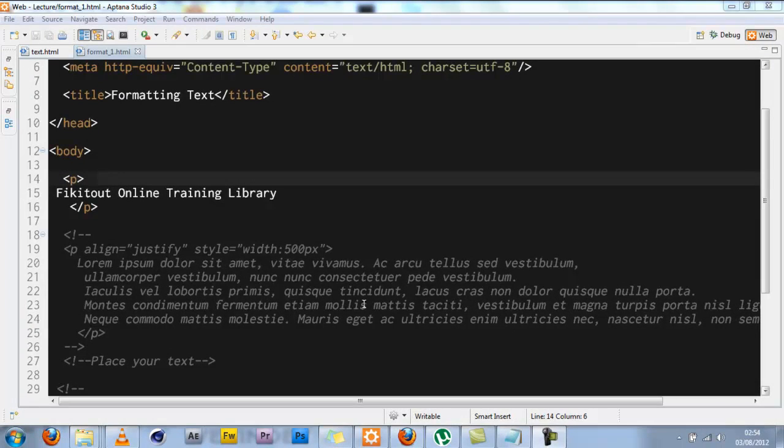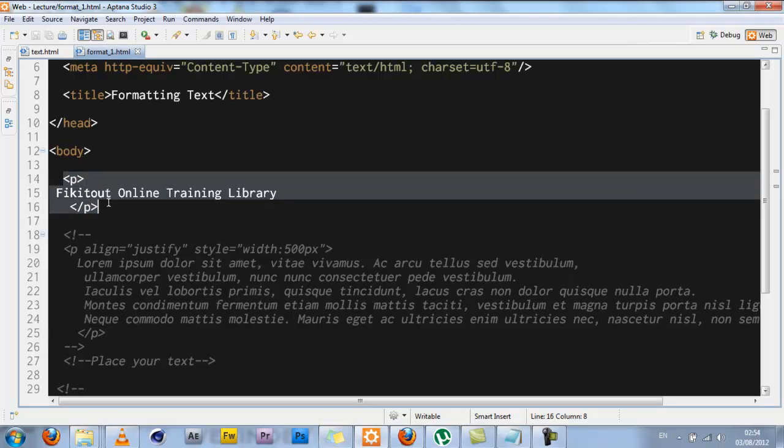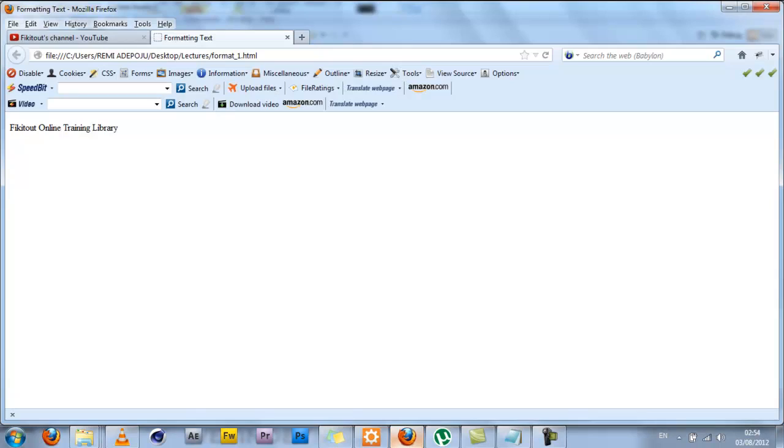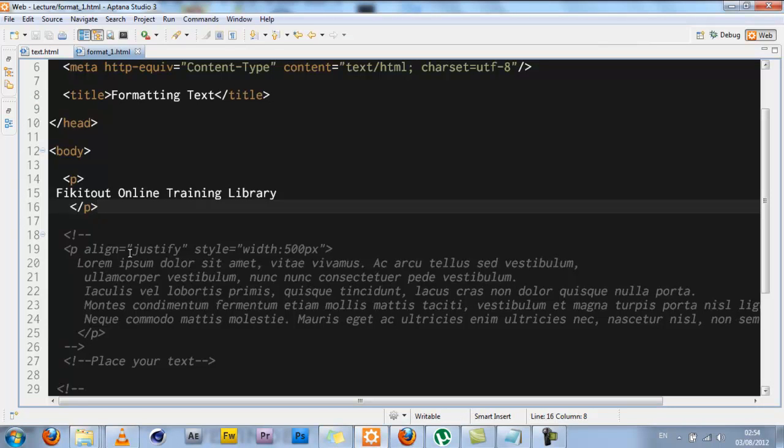Now guys, we're going to be seeing how we can use the style attribute to place lovely styles on our text. First, as you can see, I still have opened here my format.html document which we used in our last tutorial. Then I'm just going to view this page in my browser. You can see this page just appears with the default styling for the paragraph tags that contain this text, Figured Out online training library. I'm going to jump back into my code,